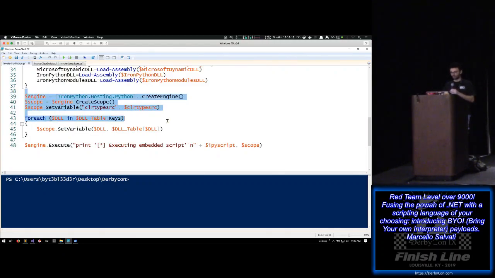Once we load those assemblies, we now have access to IronPython hosting.python create engine. This is what actually spins up the Python engine. And then we can set variables in the engine itself. So we can actually set global variables directly inside the IronPython engine. And after that, we're just executing the embedded script. Okay. So if I do load this up,